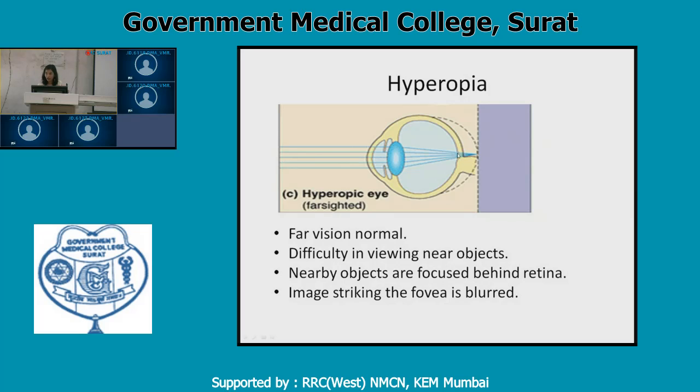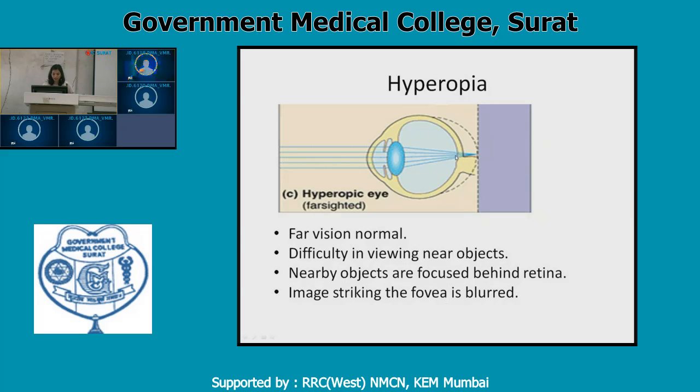For myopia, there is no physiological correction. The person has to wear glasses because the ciliary muscles are as such relaxed, and by no means can we reduce the dioptric power of the eye. But here, hyperopia diagnosis can be delayed if the person is using his accommodation, and the problem the person faces in hypermetropia is that of headache. Because of constant use of these ciliary muscles, there will be a constant headache, because the person is constantly using accommodation to focus this image from behind the retina onto the retina.